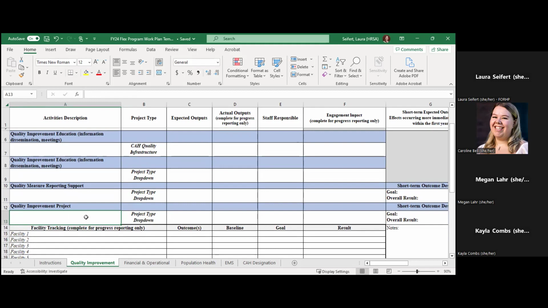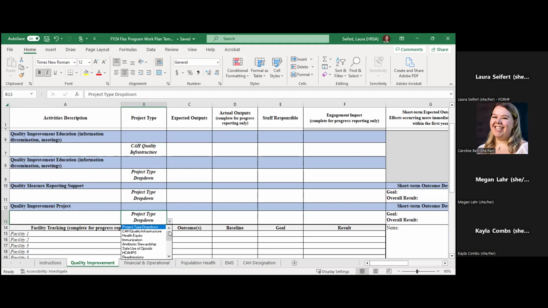But one thing that we really tried to do in the Flex structure document and here was put together a list of all of the very common projects that most people are doing when we talk about Flex funding. Now, I want to stress, you all are already doing these projects. This is nothing different. It's just organized in a different way. So here under quality improvement, you'll see this list. It's a little bit small right here on this Zoom screen, but the list is also in the Flex structure document. We've broken this down to all of the new MBQuip